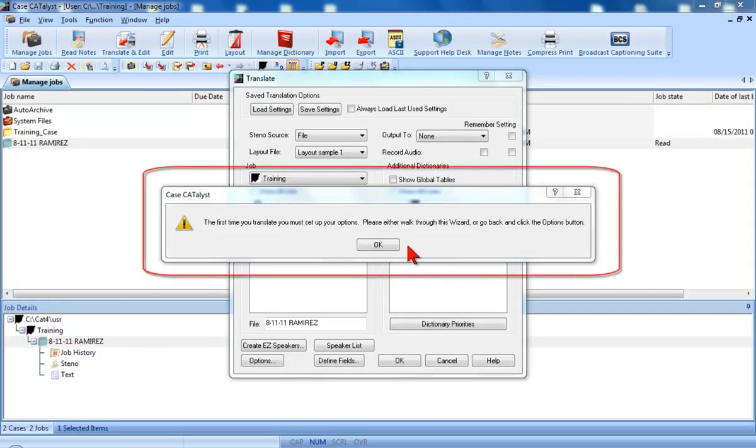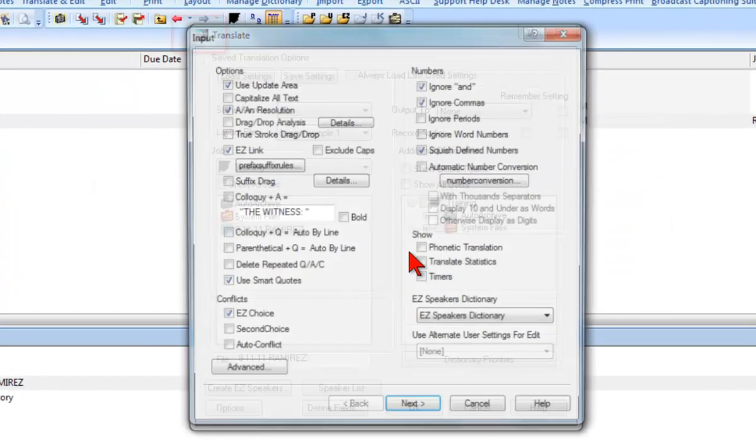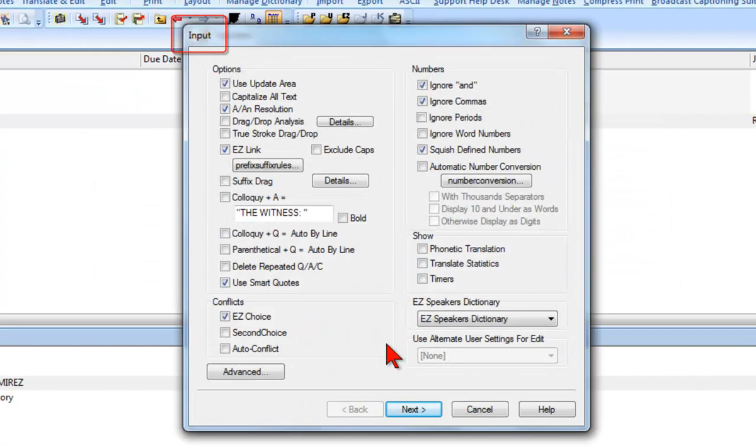The first time you translate, Case Catalyst will prompt you to select your preferred translate options. Here in the Input Options tab, you'll be able to choose a variety of options to improve your translate results. The default options selected are the ones that most users seem to prefer. In this lesson, we'll review each of the translate options so that you can customize them to your needs and